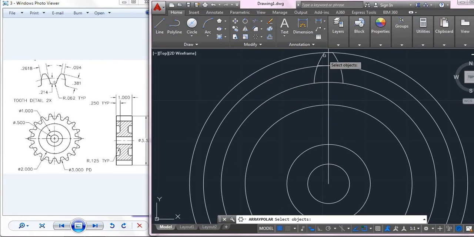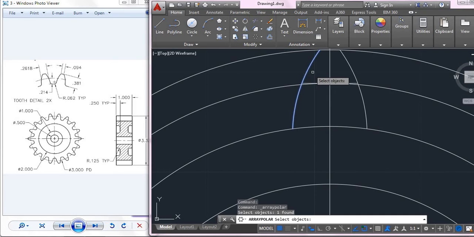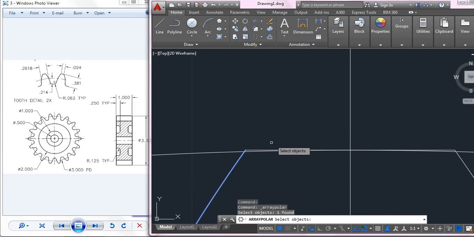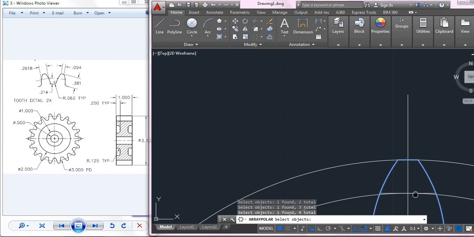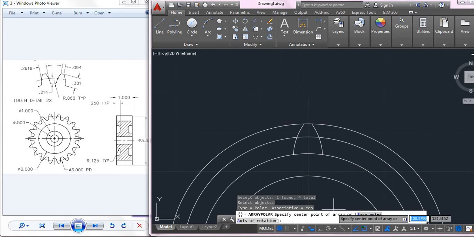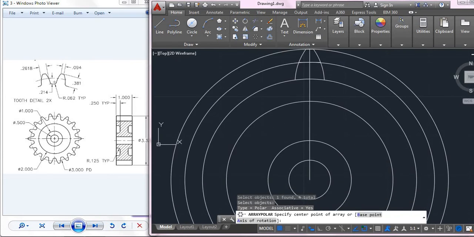Then I'll select my object, that is this line, and I'll select these lines, this, and then this. So this profile should get arrayed. I'll give OK. Now it is asking for a center point, that is, through which reference point you should array.